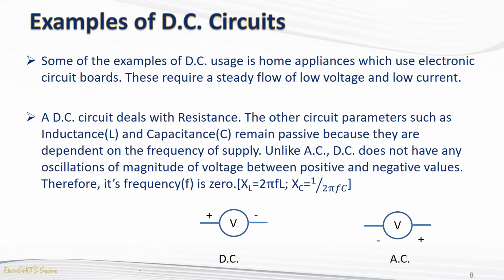So you can see from the expression of XL and XC, which is the inductive reactance and the capacitive reactance respectively, which depend upon the frequency of supply F. Now in case of AC, because it alternates in nature, this frequency factor comes into play, and then you have to consider the inductance and capacitance in the circuit. But in case of DC, since the frequency is 0, therefore the elements are passive, and it is as if only the resistors are present in the circuit and only the resistors have to be dealt with.